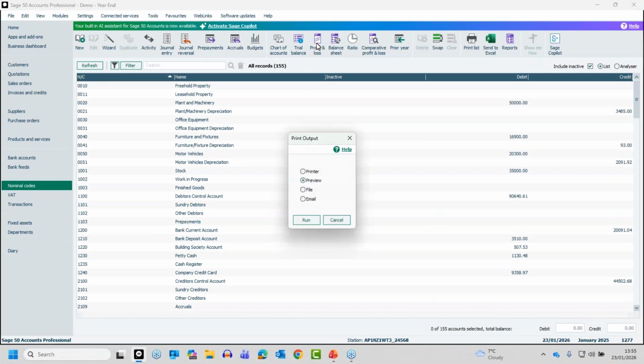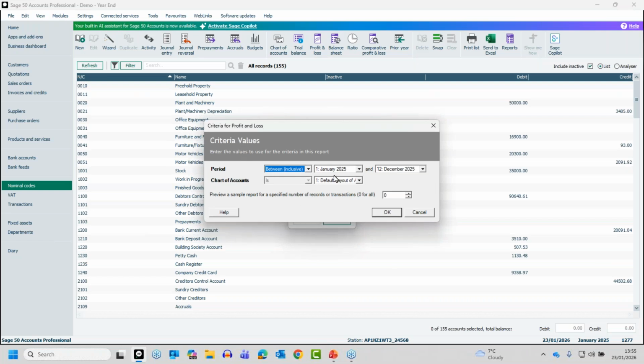But if I go to the profit and loss as an example, and I just preview it, when we go to say, right, we want a profit and loss for 2026, this drop down is based around your current financial year. Now, yes, I can run it for the future, so beyond that financial year, but I can't specify a specific period. So I can only really run that for 2025. So that's one of the limitations, why there's a little bit of pressure to maybe run a year end on your software so that you can then start getting a full array of management reports for what will be your new financial year. But we are going to look at ways around that